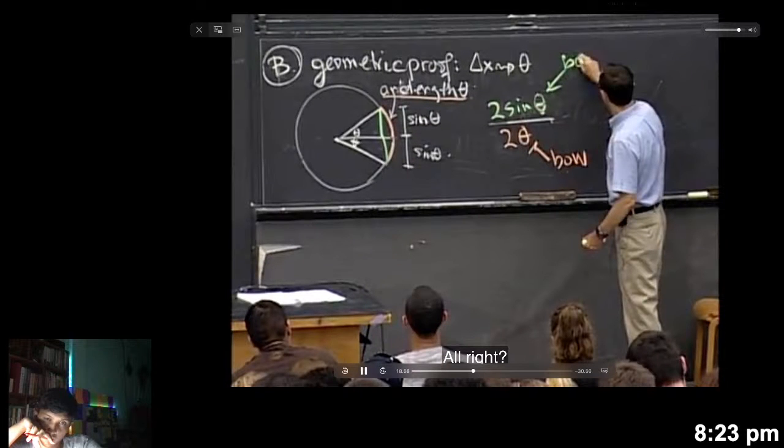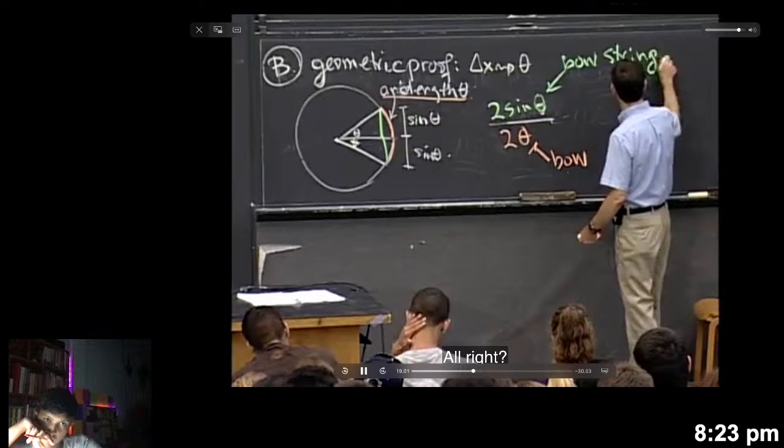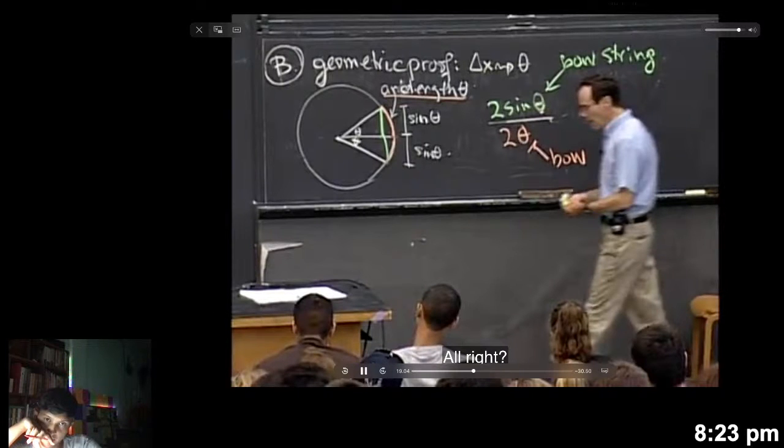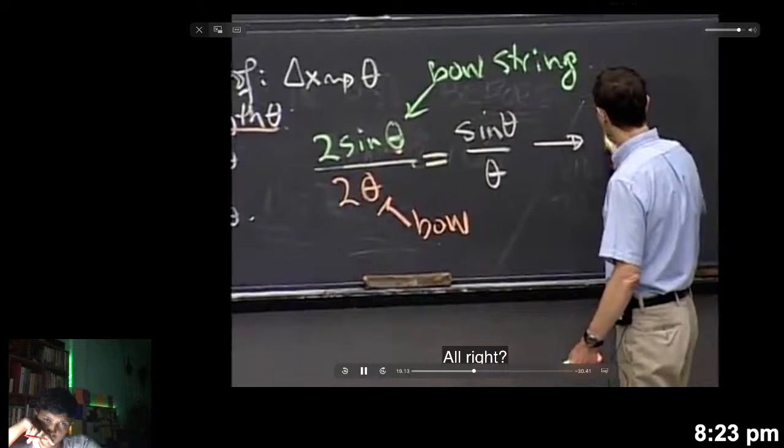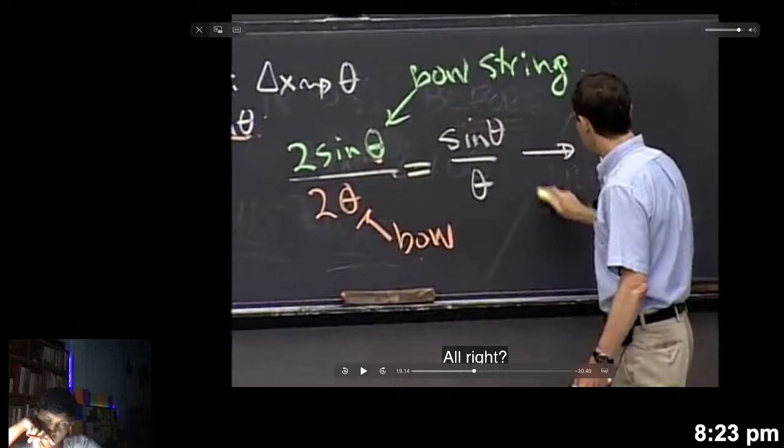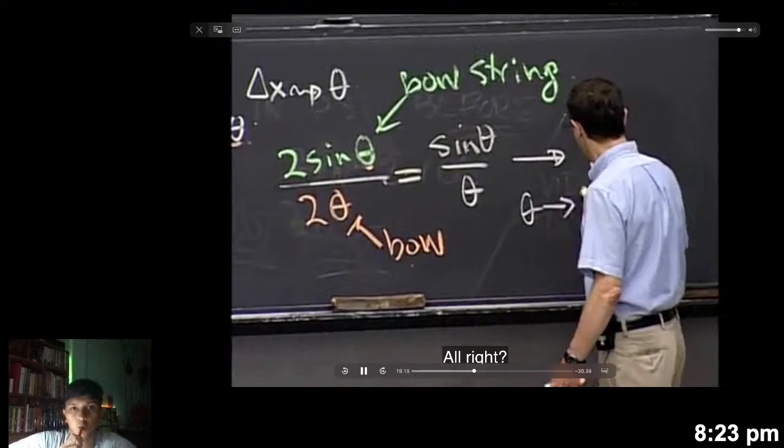Right? And of course, we can cancel the 2's, that's equal to sine theta divided by theta. And so now why does this tend to 1? It goes to 0. Well, it's because as the angle